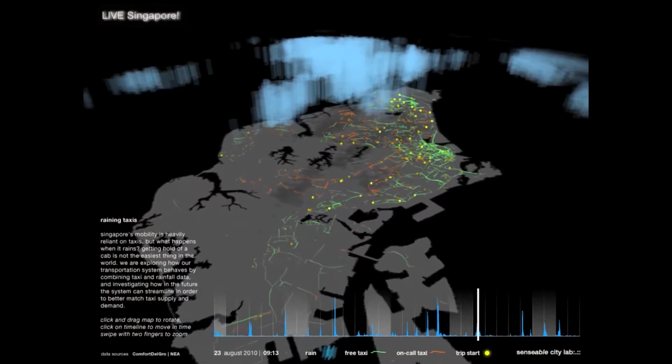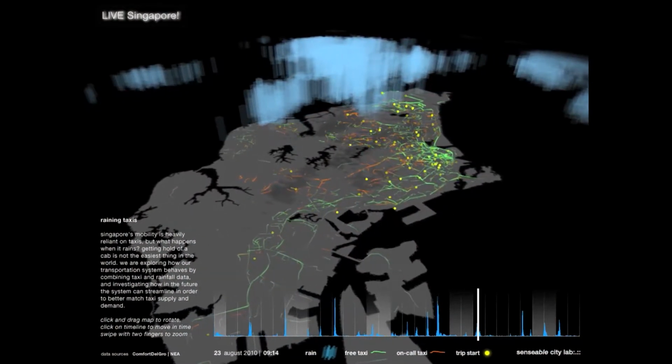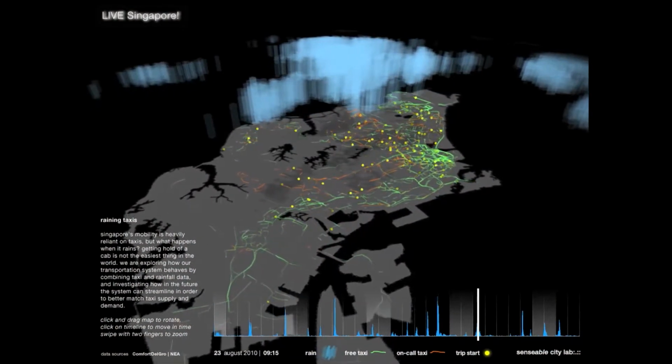And we were also getting radar information about precipitation. So we were getting all of this weather data, and what we wanted to do was look at how the weather was actually affecting the taxi drivers, because what a lot of the researchers stationed there were noticing is that, and I don't know if any of you have been to Singapore, it's constantly 90 degrees, 90% humidity, and either super sunny and beautiful with blue skies, or just torrential rain and just awful.